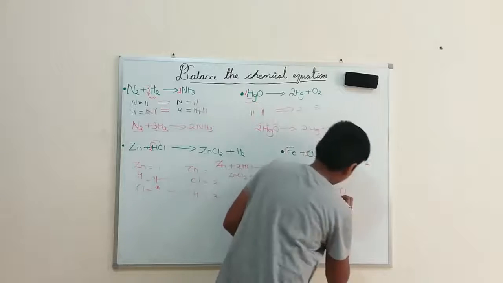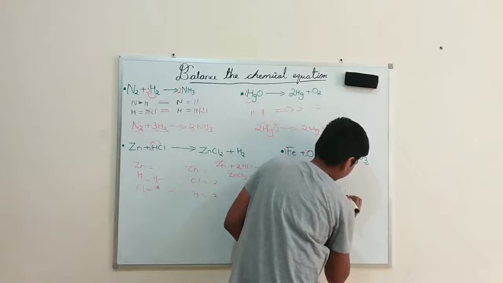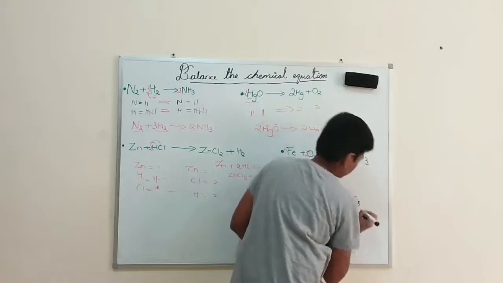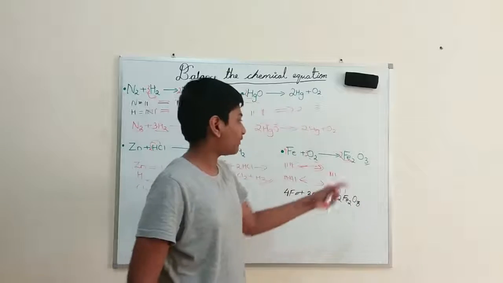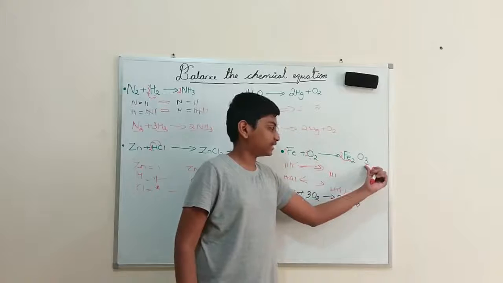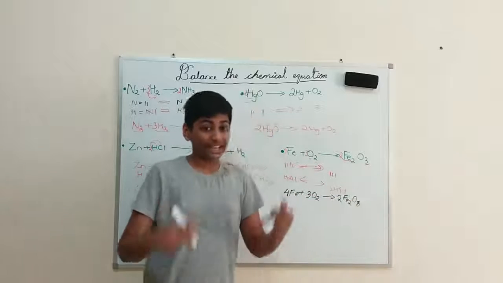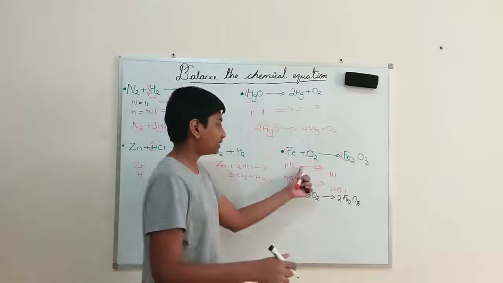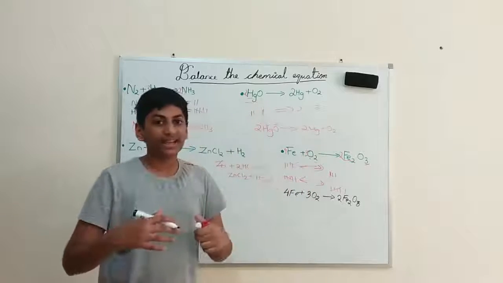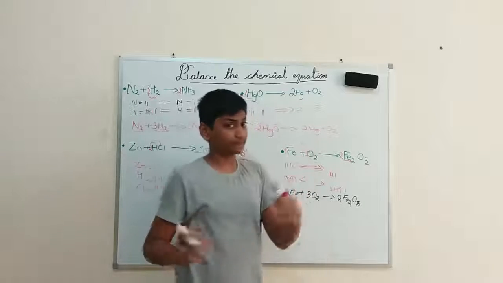gives us 2Fe2O3. So remember that if you have any other product on the right hand side, whether it's in an odd number, you should make it even, then only you should go. As over here, starting itself I multiplied it with 2. That's the mistake I made. So I need to rub it and I made it back to 4.